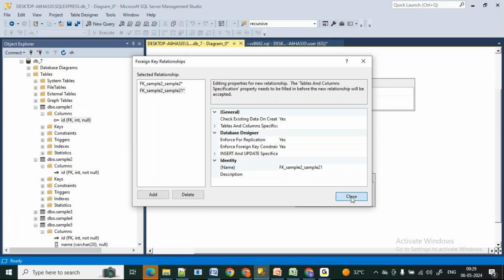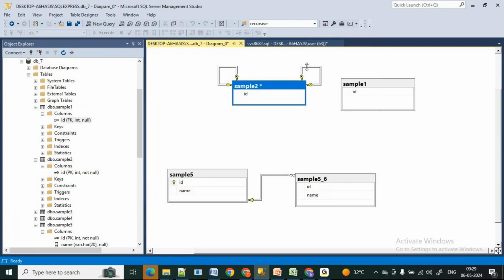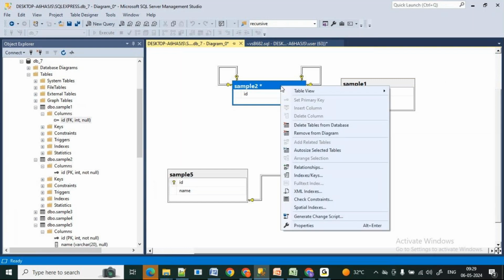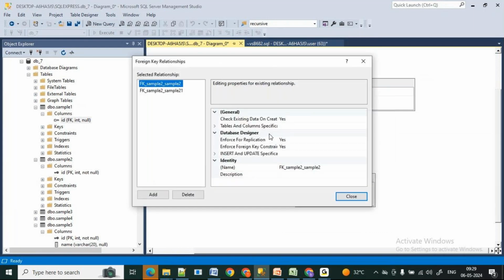Only one is fine. Let's see how it got added between sample 1 and sample 2. Where is this? Okay, fine. Let me remove this. Okay, one I have, but I don't want this.